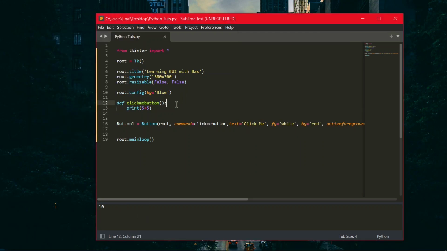Whenever you have to define a function in Python, you write def, the function name, parentheses and the colon. Then here you can give any argument or anything that you want to do. You can make an if else statement, a while loop, you can define sub functions, all the different variables, anything. Most things are possible to do within a function in Python. So it is very powerful and you can use it to your cause. And you can assign it to the button. You just have to type command equal to the function name. And that's it, that's so simple to assign functions to buttons in Python.